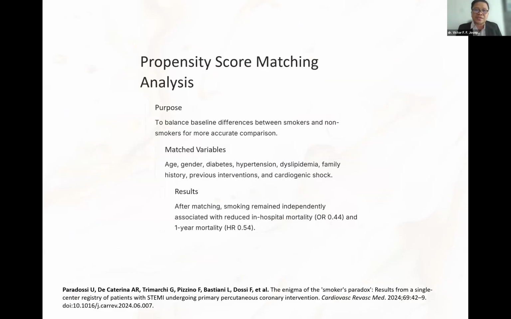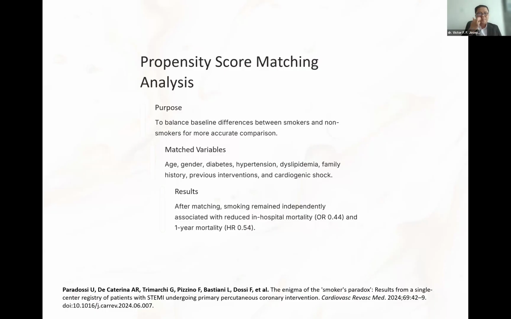How about the propensity score matching analysis? It was proposed to balance baseline differences between smokers and non-smokers for a more accurate comparison. Matched variables consist of age, gender, diabetes, hypertension, dyslipidemia, family history, previous interventions, and cardiogenic shock. After matching, smoking remained independently associated with reduced in-hospital mortality with an odds ratio of 0.44, and 1-year mortality with a hazard ratio